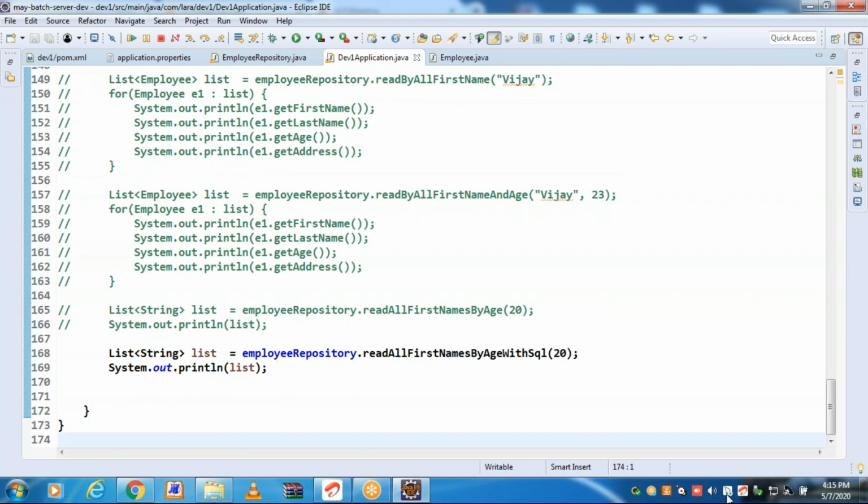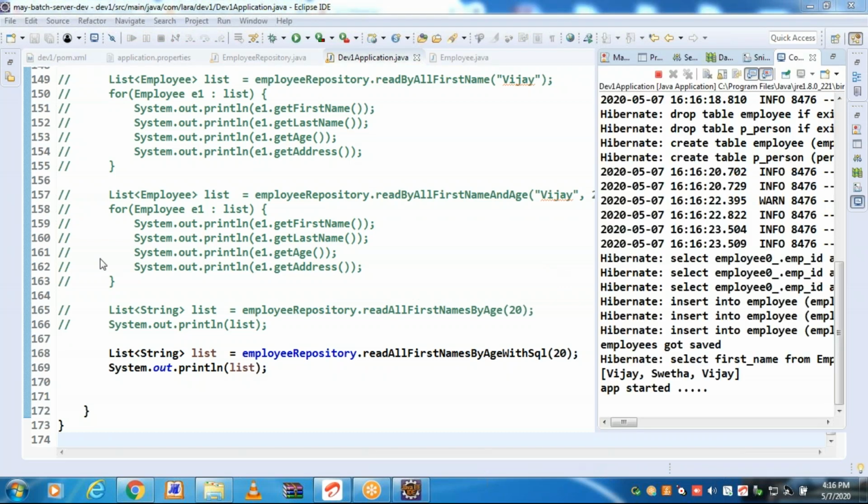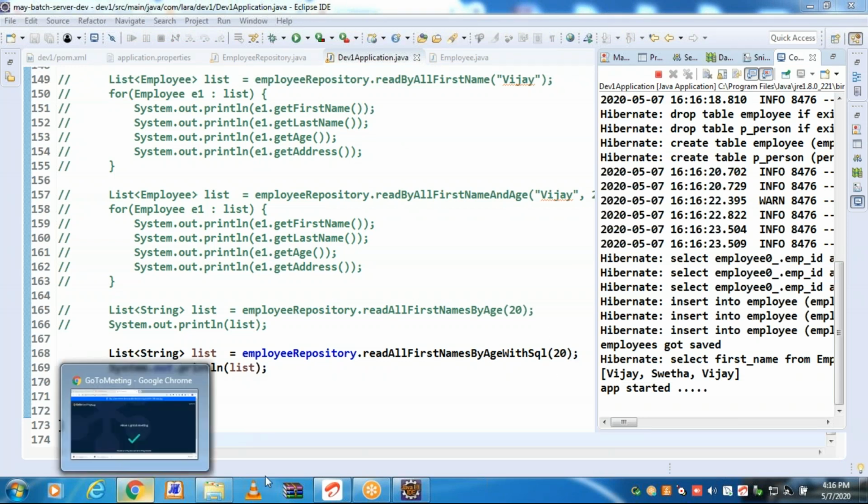With a raw SQL command, try to run. The raw SQL command. Open a browser and check it out.